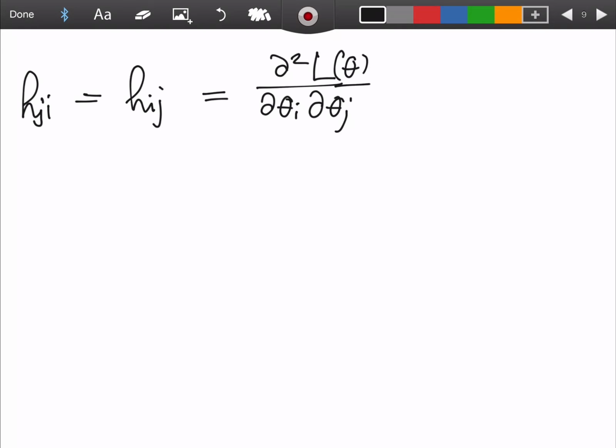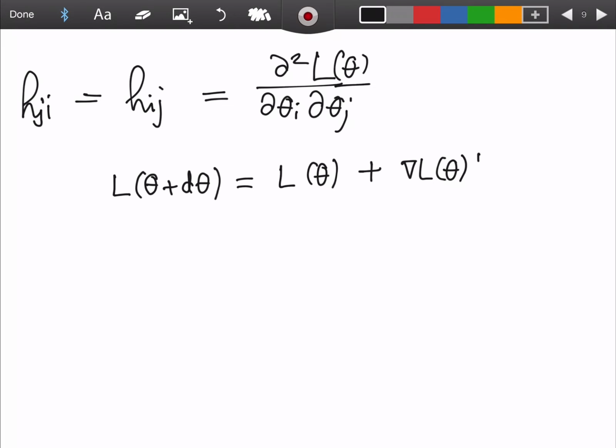Again, we can write it as we did to define the gradient. We defined the gradient through Taylor's approximation. It was an approximation to the first order. Let's do it to the second order. So it will be L of theta plus the inner product, let me write it as the gradient transpose d theta, so we have a constant term, a linear term, and we have a quadratic term. The quadratic term, I will write it as one half d theta transpose,